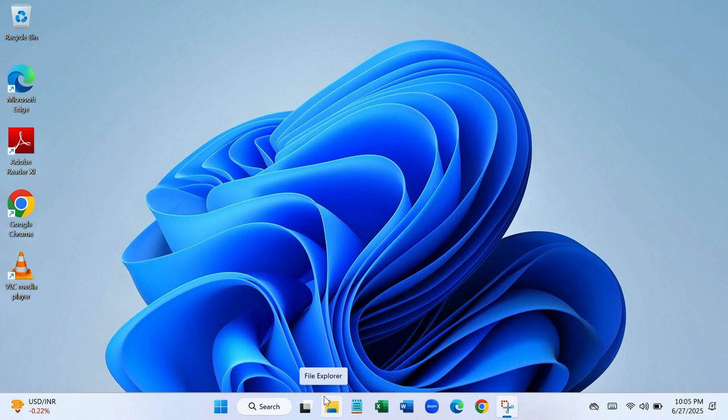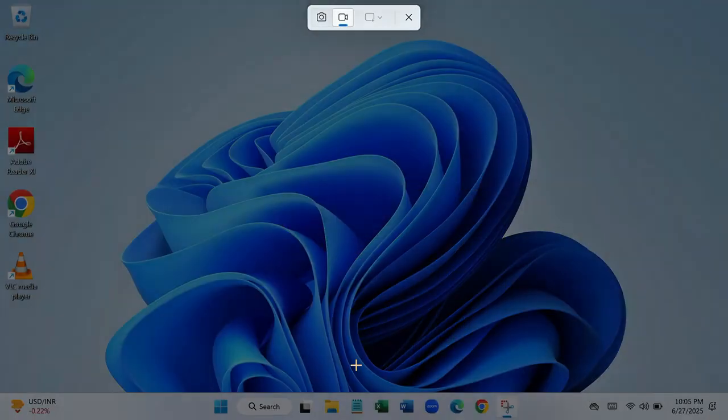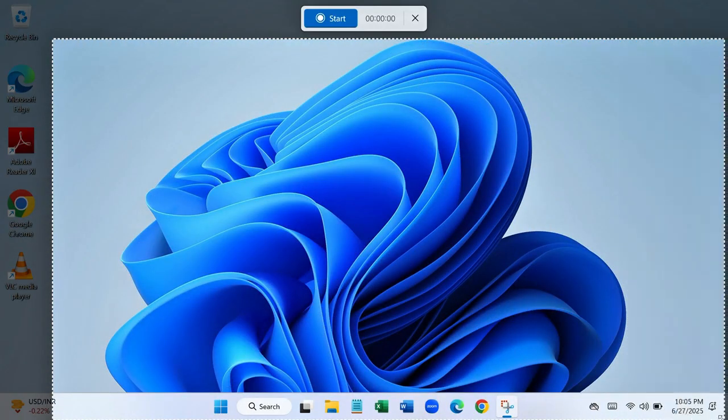To record your laptop screen, you want to click on your keyboard, Shift Windows R, and it will bring out this snipping tool. You use it to draw which part of the screen you want to record. I'm just going to draw this part of my screen, and you click on Start Recording here, and it starts